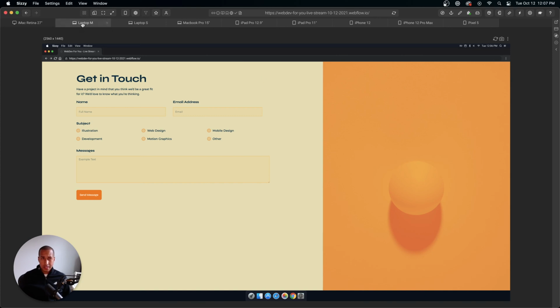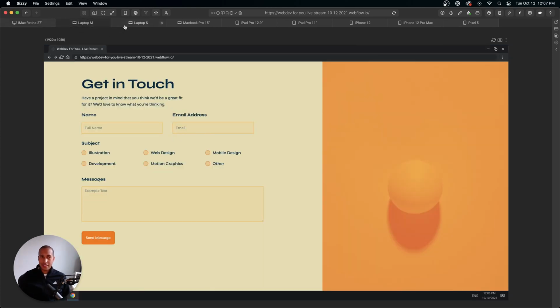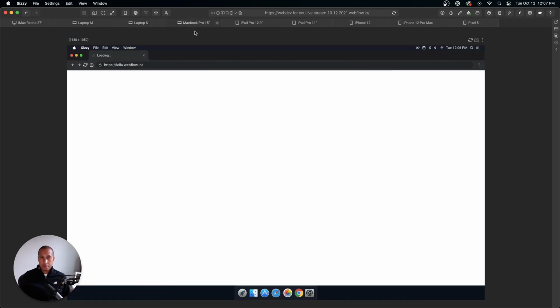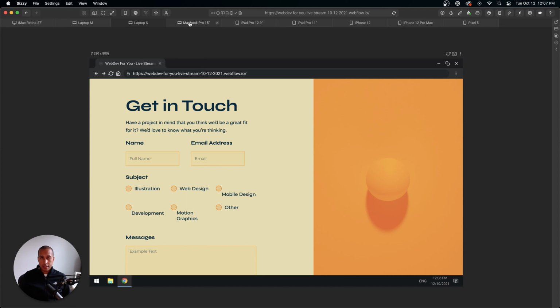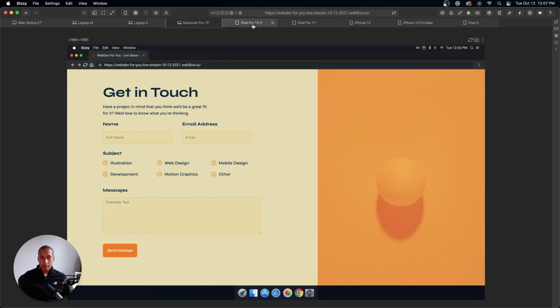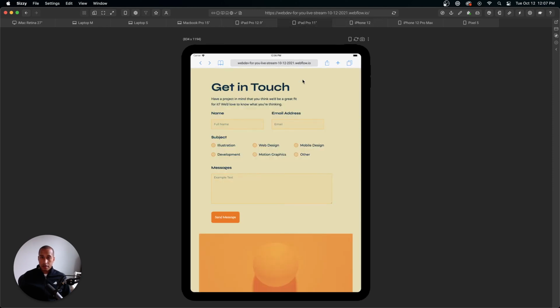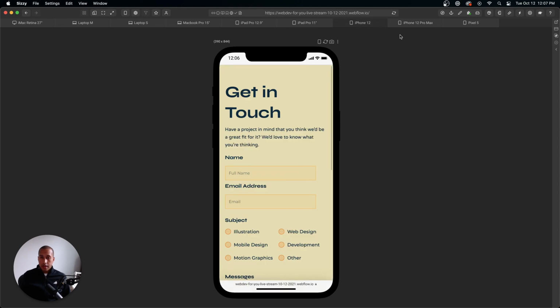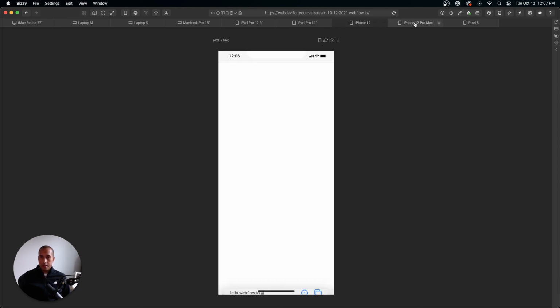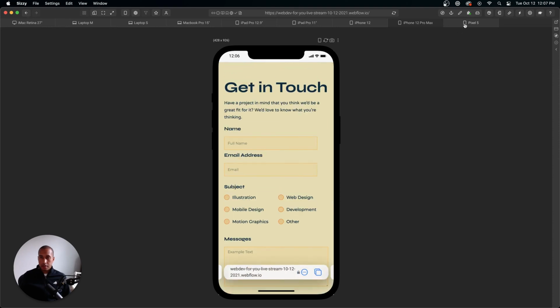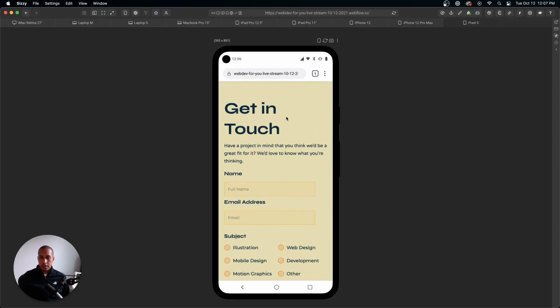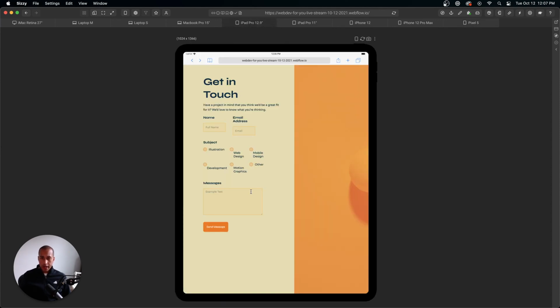But yeah, I'm just showcasing Sizzy, so we can see what it looks like on different devices. So I can see here, I can make this more responsive on this laptop. 15-inch looks good. iPad definitely needs work. iPad 11-inch looks good. iPhone 12 looks pretty good. iPhone 12 Max looks good, and the Pixel 5 looks pretty good as well. We can probably add some margin there, but the 12.9-inch, we definitely want to work on that. So we're going to have to work on this a bit here for the 12.9-inch.